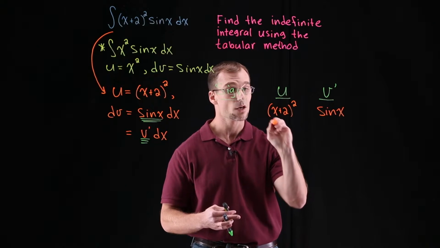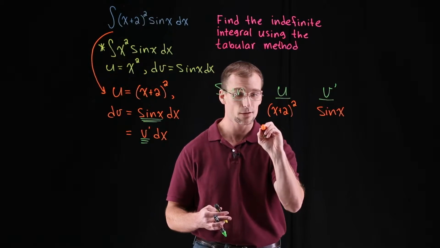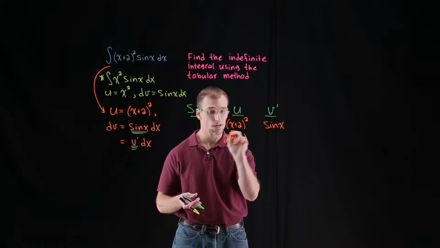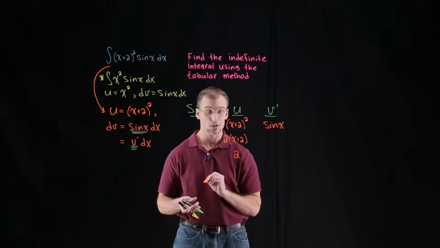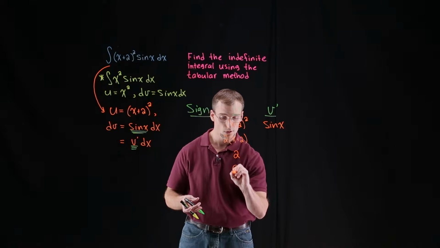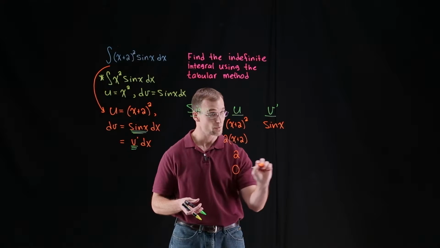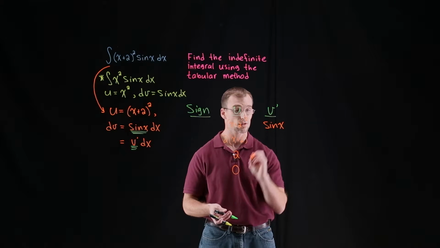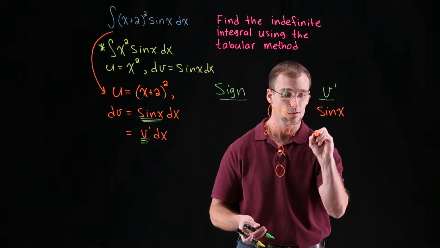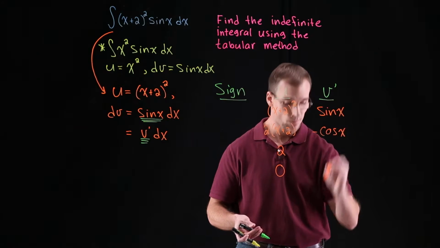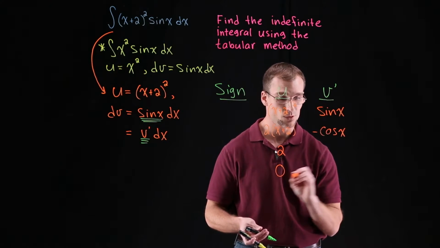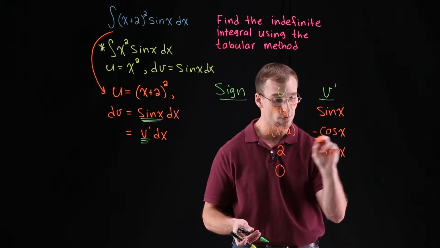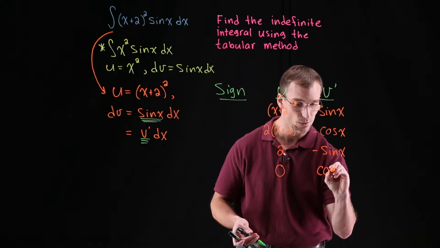So we'll take our derivatives. The derivative of x plus 2 quantity squared is going to be 2 times the quantity x plus 2, and the derivative of that is just going to leave us with the constant 2, and the derivative of 2 is 0. So now we have a stopping point when we come over here to our v prime column. Now we're going to take the antiderivative. The antiderivative of sine of x is minus cosine of x. The antiderivative of minus cosine of x would be minus sine of x, and